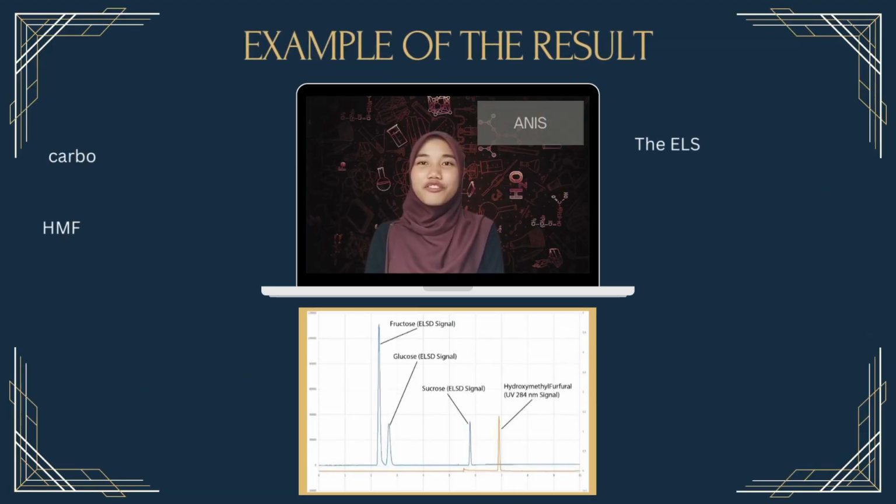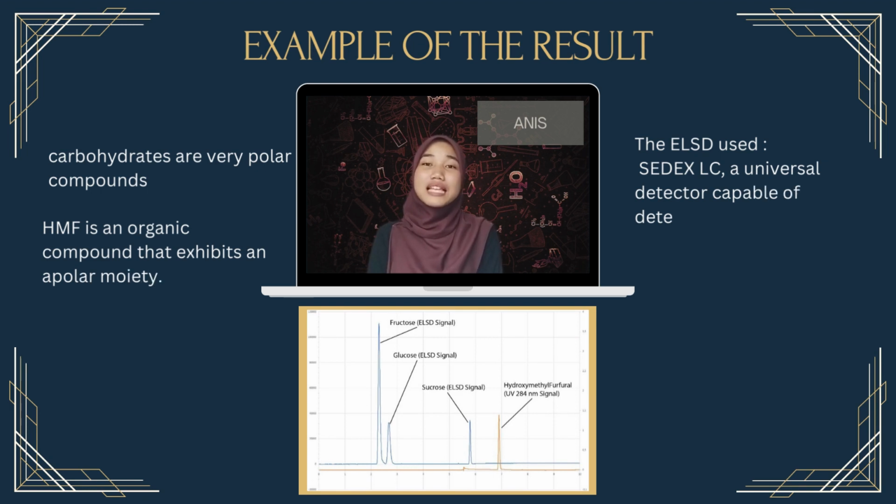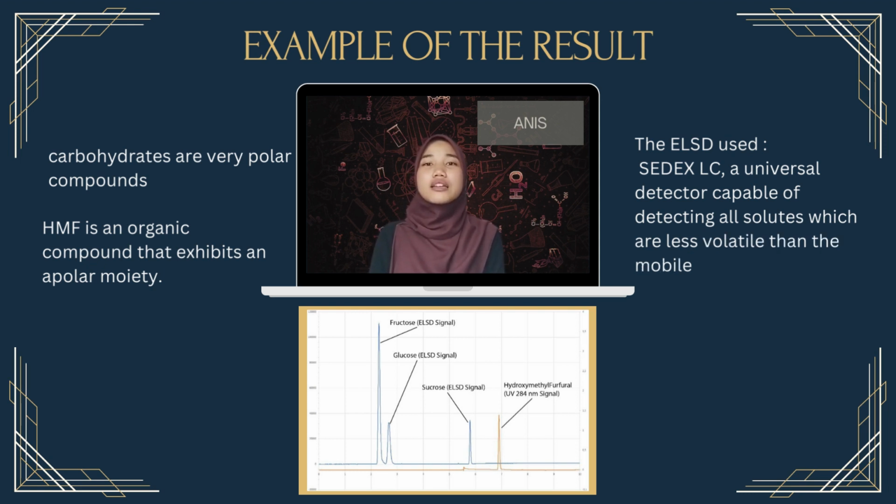For this analysis, we have to manage two structurally different compounds. Carbohydrates are very polar compounds, while HMF is an organic compound that acts as a hybrid with a polar moiety. Several conditions may be investigated, but a fast and convenient analysis has been developed using porous graphitic columns that allow the separation of both polar and apolar compounds within a single reverse phase type gradient. The HPLC column will allow the internal diameter to decrease the